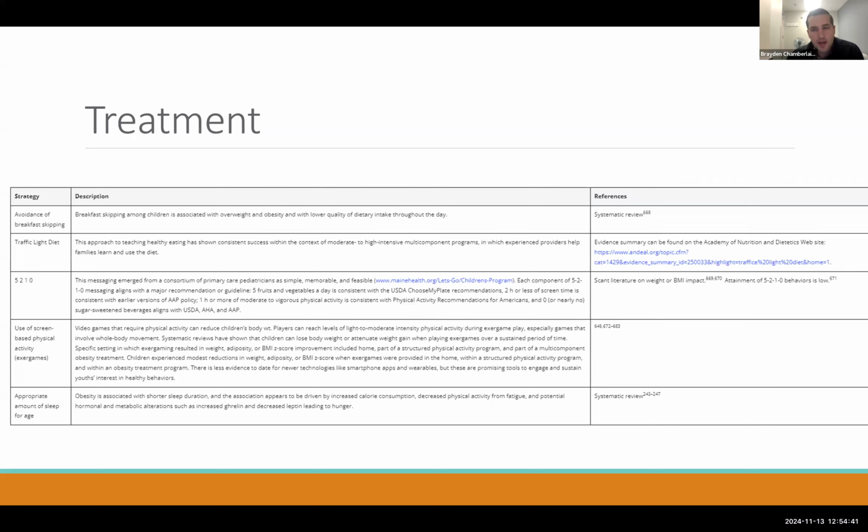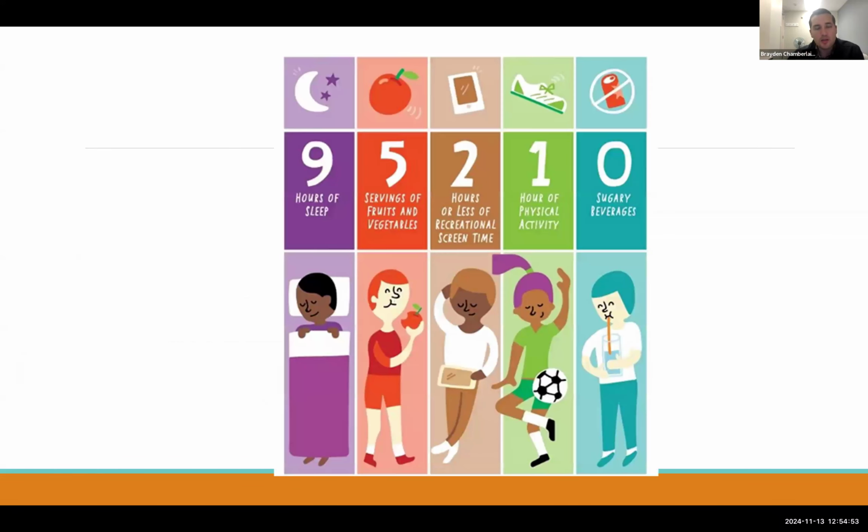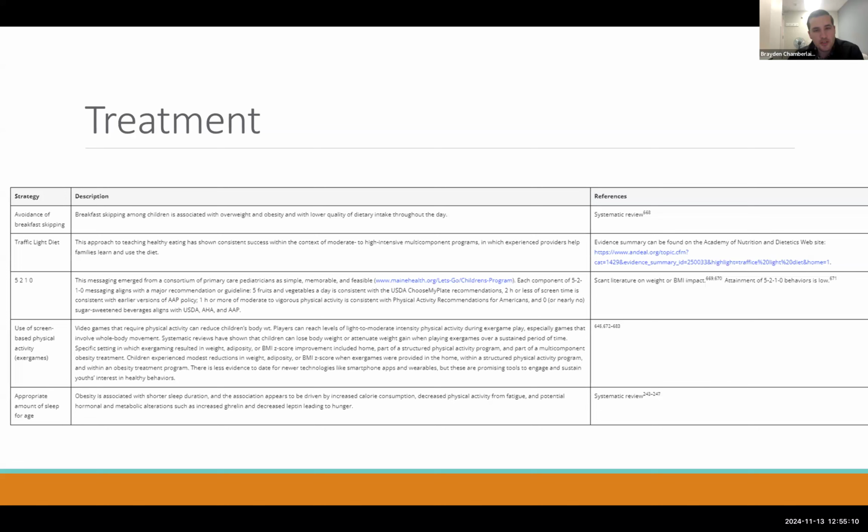With this diet option, it gives you recommendations on different types of foods and lifestyle choices that you should do associated with the number. As you can see here, 9 hours of sleep, 5 servings of fruits and vegetables, 2 hours or less of screen time, 1 hour of physical activity, and 0 sugary beverages. So that's the idea behind the model, put together by pediatricians to make a simple, memorable model for children to